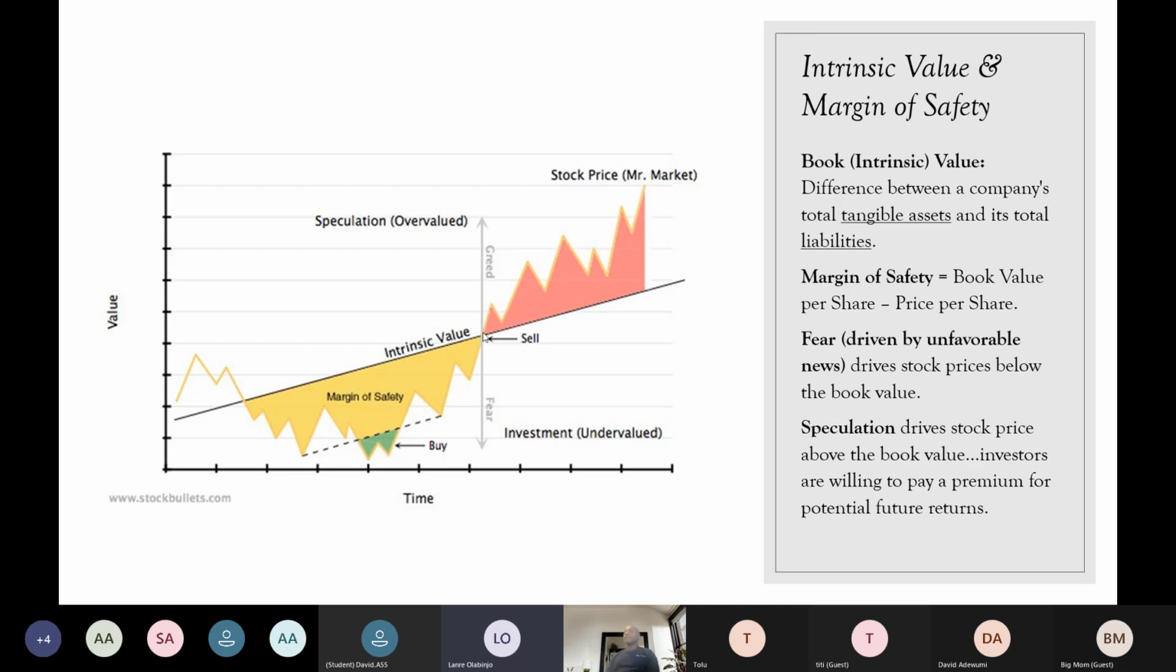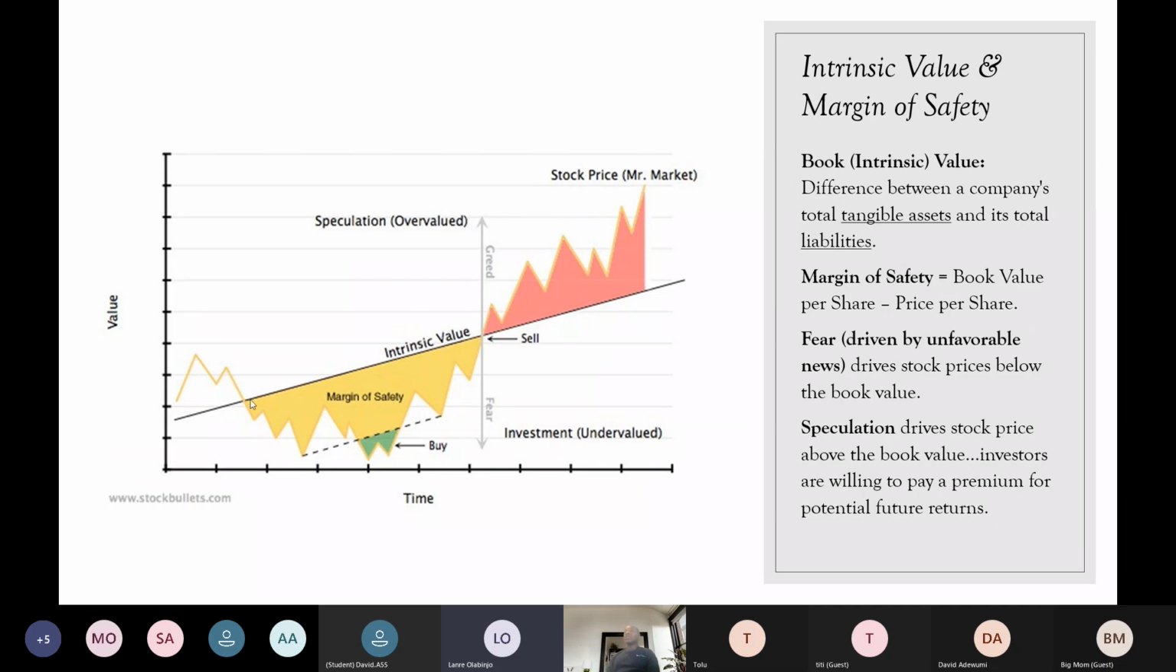And after that point, it began to rise above its intrinsic value. Okay? Every company stock, I should say, will behave like this on an ongoing basis. And as an intelligent investor, which every one of us is becoming, you need to be able to identify this